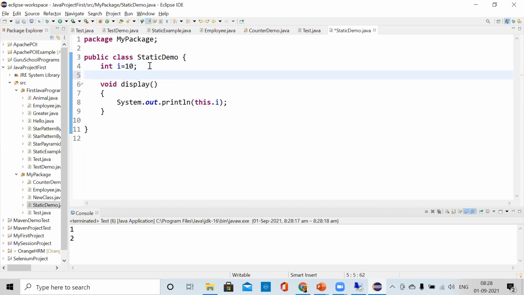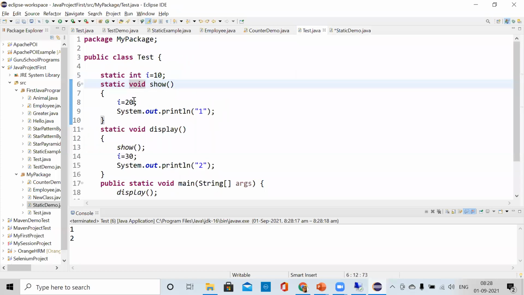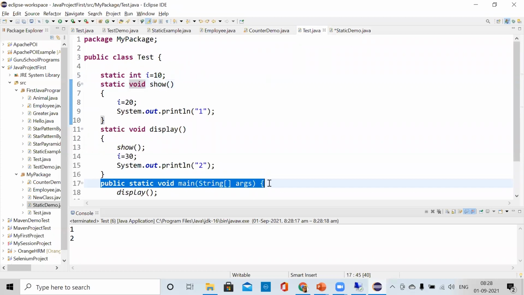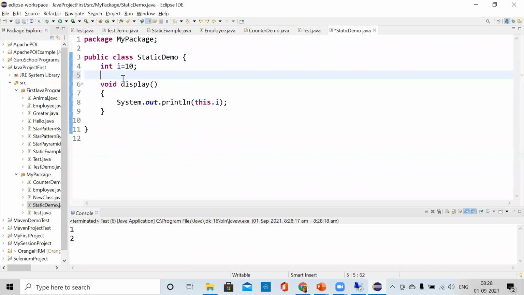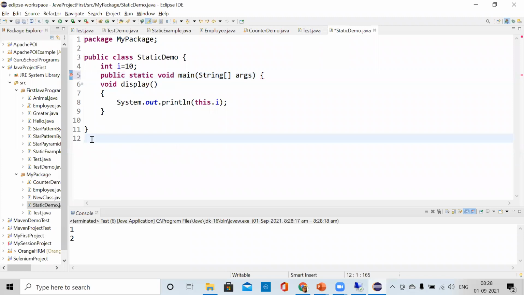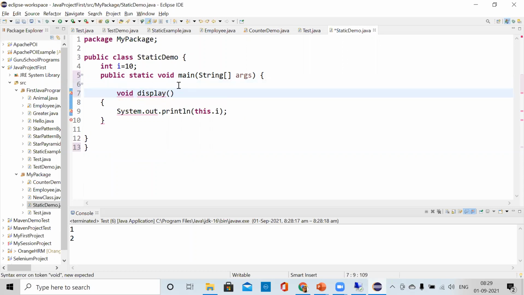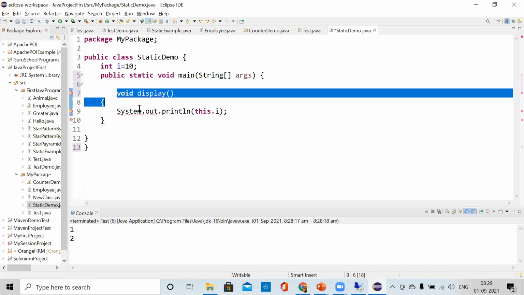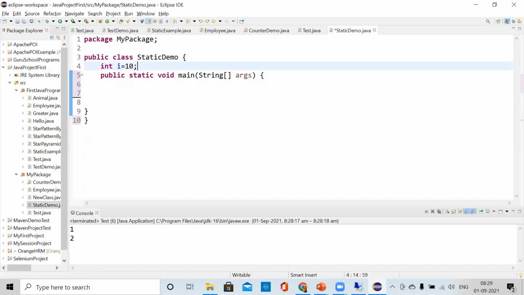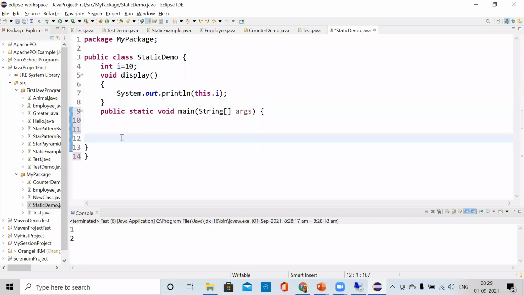If I include the main method, then again I have to make an object and then call the display method. That I can do, yes.